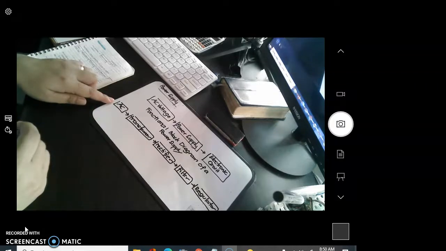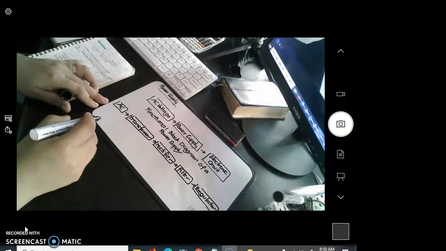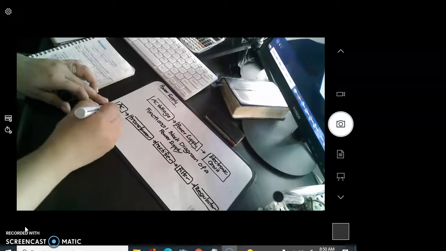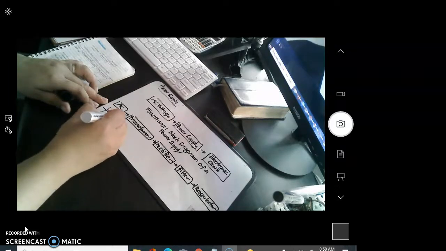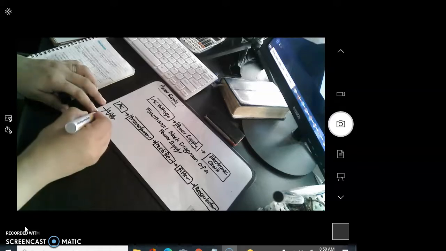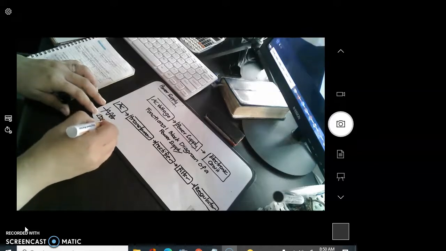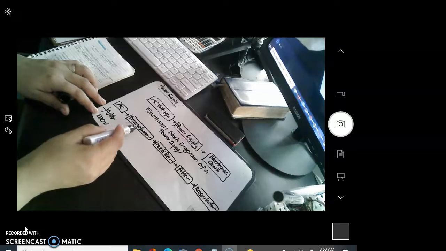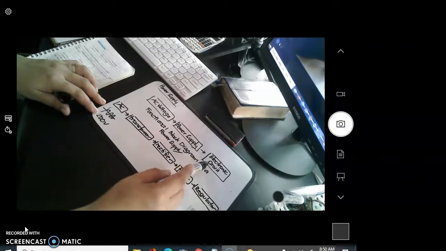AC is an alternating current, and the outlet that we have provides 220 volts that is actually alternating. Now, since the voltage here is 220 volts, it must be applied to a transformer. Remember that we are to apply a power supply which is a low voltage. So if that will be the case,